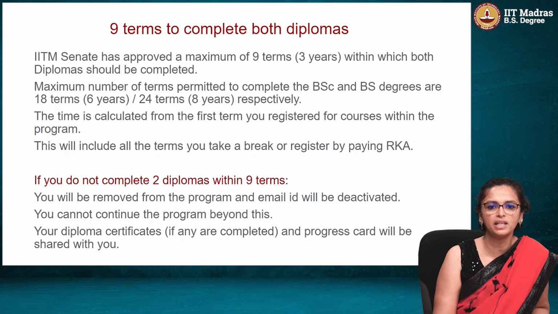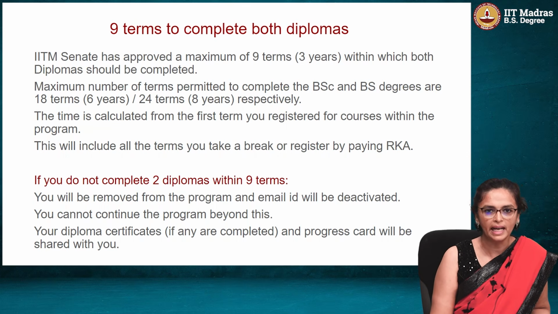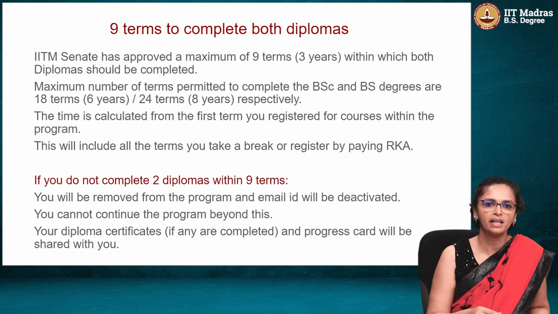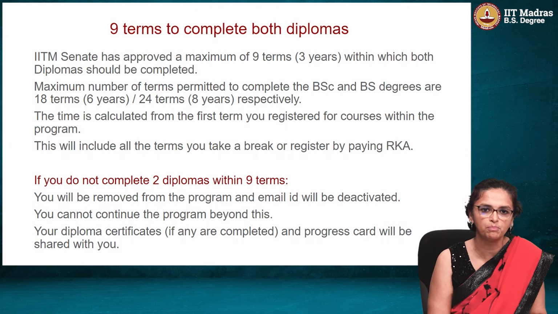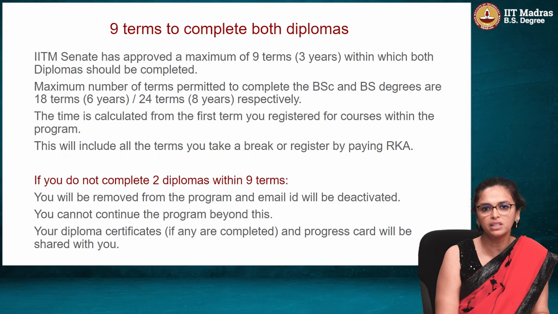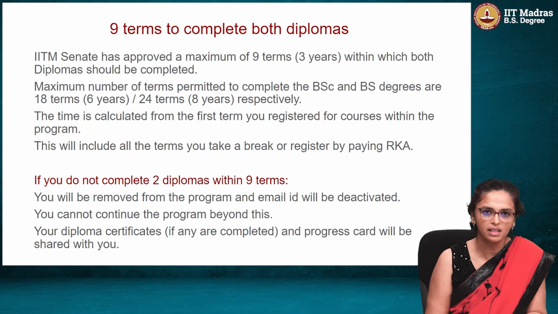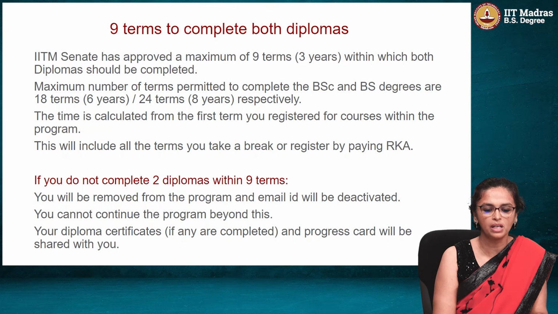But each individual level of the program too has an individual cutoff time of about 9 terms or 3 years in which the levels should be completed. In fact, we are debating on changing a part of this also. We will get back to you once the policy is finalized. But for now, the IITM Senate has approved that the foundation level should be completed in a maximum of 9 terms or 3 years. And both the diplomas should be completed within a maximum time of 9 terms or 3 years. Okay. So this is something you have to keep in mind, and the time is calculated from the first